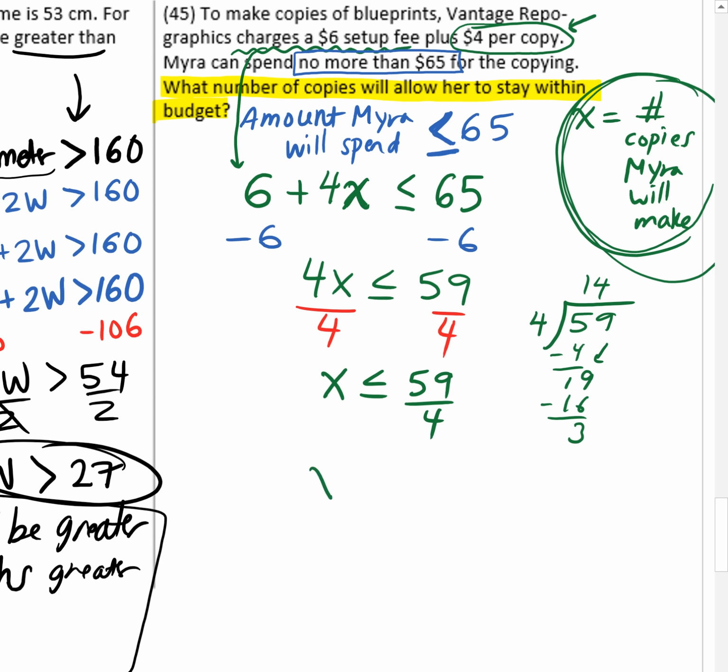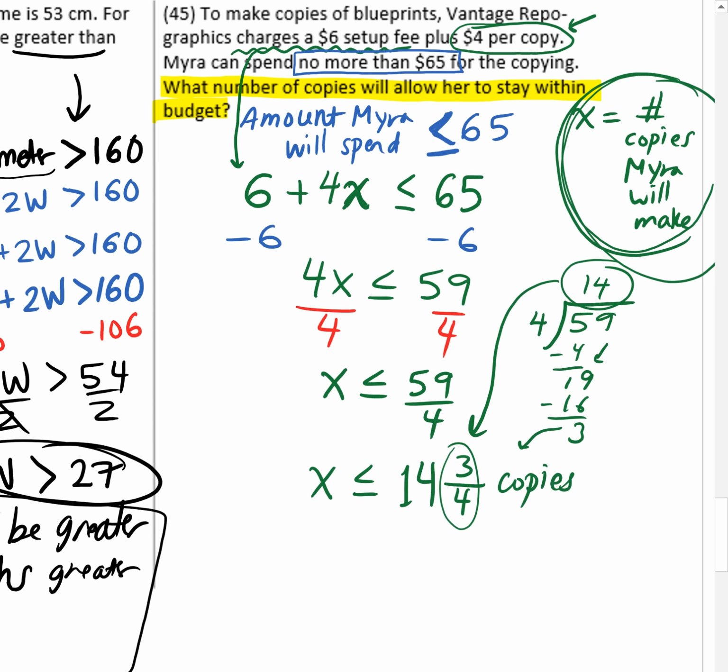Okay, this means this is the same thing as 14 is the whole number. The remainder is 3, and the divisor was 4. So she'd have to make less than or equal to 14 3/4 copies. For this problem, though, if you think about it, how can you make 3/4 of a copy of a blueprint? I think when you make copies, you can either make a copy or not. So I would say probably Myra has to make less than or equal to